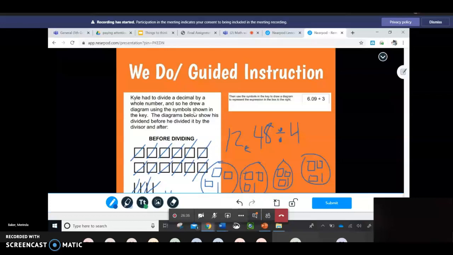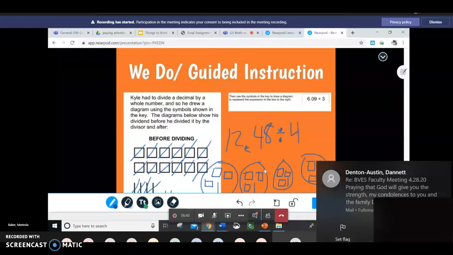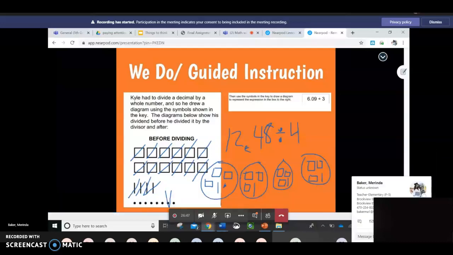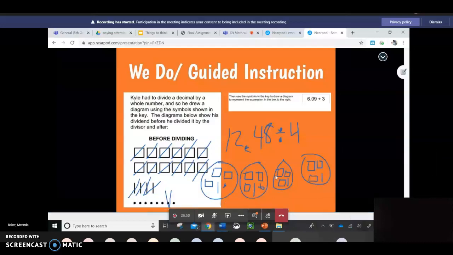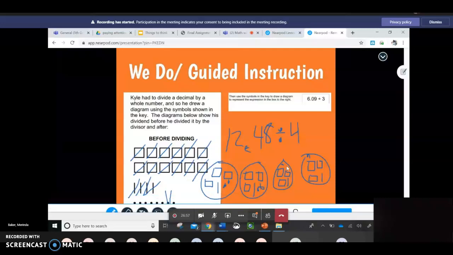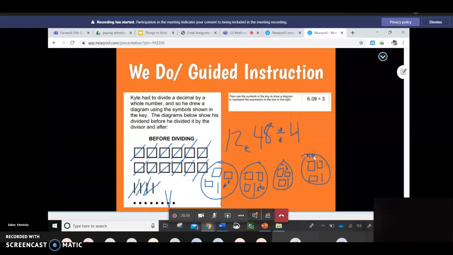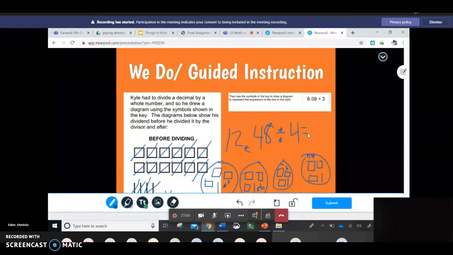Now I have 8 cubes. I'm going to go ahead and divide those 8 cubes. So that's 1, 2, 3, 4, 5, 6, 7, 8. So now I'm going to count how many are in each group. And when I count that number, that's going to let me know what the quotient of 12